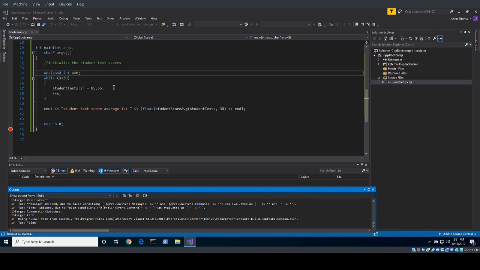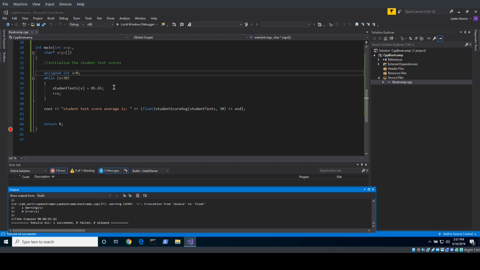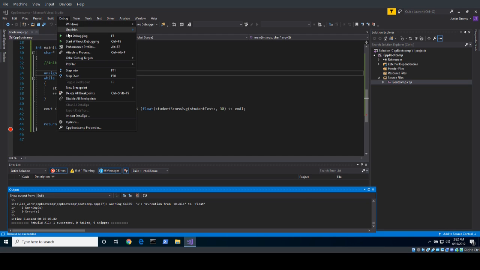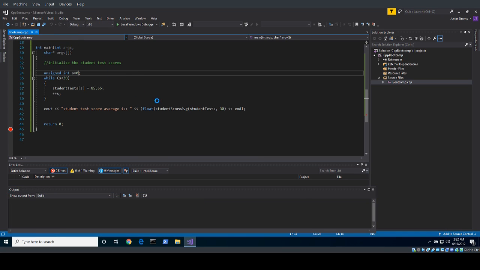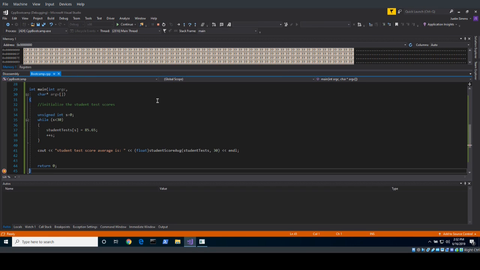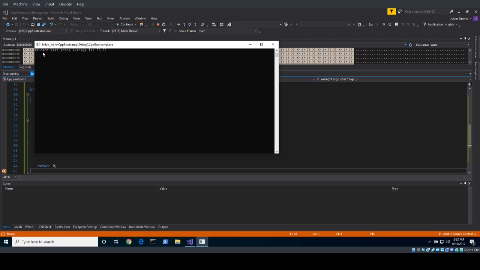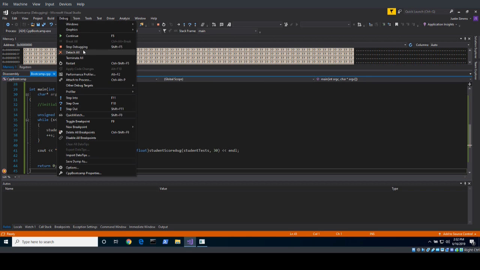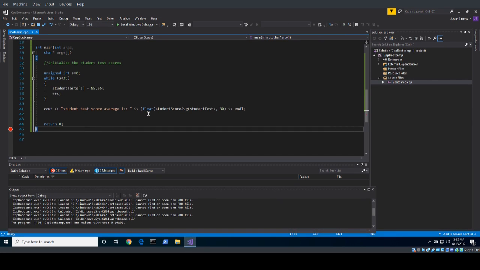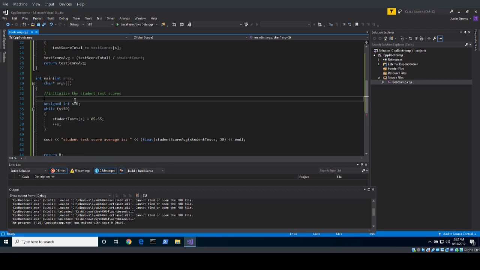And that's exactly what you're trying to do. I mean, everything at the beginning should be simple, and it's because you don't want to get bogged down in the details. So we see our student test average is 85.65 like we expected, and everything is well, right? It's all good. So we've taken our for loop,